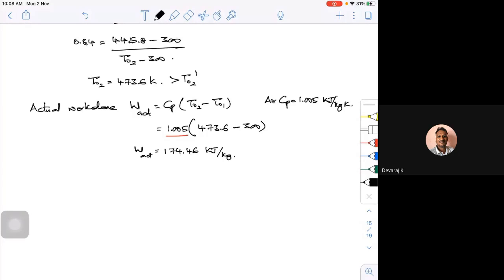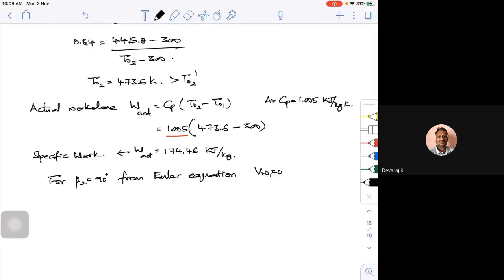So if that is the case, my actual work done is actually your specific work. Okay, it is my specific work. Now, also we know that for beta 2 equal to 90 degrees, we have from the Euler equation, for VW1 equal to 0,